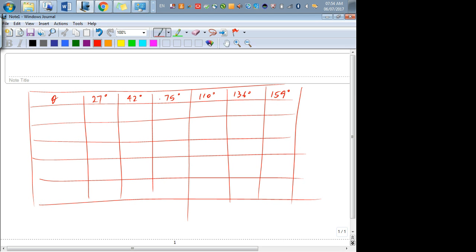In the first row, I have different values of theta. These are the different examples that we're going to be using. You see that theta ranges from 27 degrees and it increases all the way to 159 degrees. The next row we have 180 degrees minus theta. Can we quickly calculate that for the second row? So the first one,